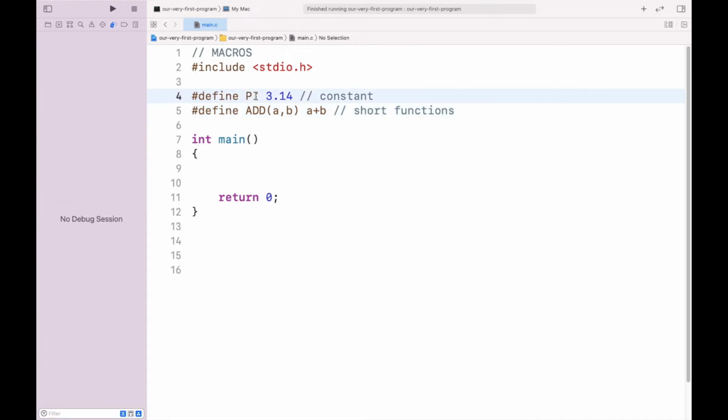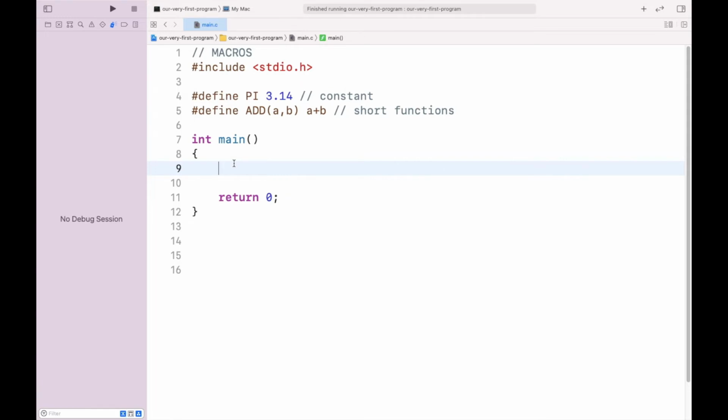You can also use small letters, but it is preferred to use capital letters while defining a macro. That is why we have capital PI and capital ADD. So wherever the compiler finds the constant PI, it is going to replace it first, then compile the whole program.